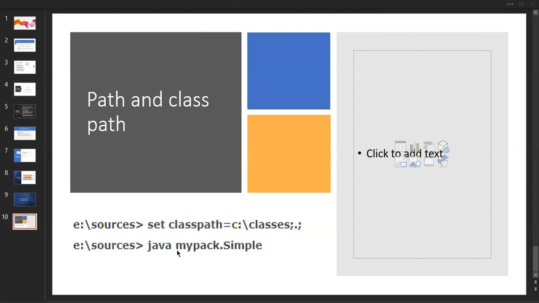In tomorrow's class, we will discuss this one. After this, we are going for enumeration and the math class also. The math class is not a simple thing. There are so many methods available inside the math class, which is available inside the util package. How you deal with this is somewhat different compared with other things, because this is completely based on manually running the program. If you make any mistake at the command prompt, it won't show you the proper error. Sometimes it will show, sometimes it doesn't. Based on that, we need to find out the error.